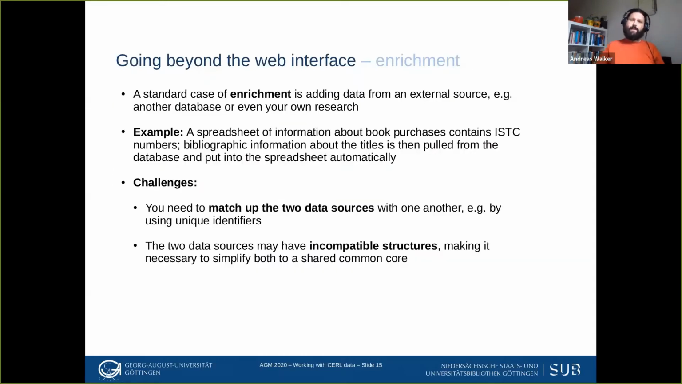Enrichment is the other side of the coin. So a standard case of enrichment is when you're adding data from an external source, for example, another database or your own research. For example, one thing that you might want to do is you have a spreadsheet of information about book purchases, and that spreadsheet contains ISTC numbers. And then you want to enrich that with bibliographic information about the titles, pulling them from the ISTC database and putting them into the spreadsheet automatically,